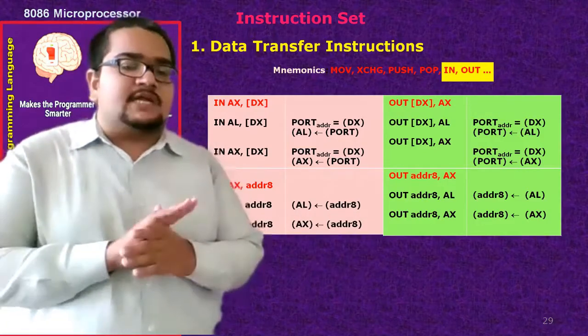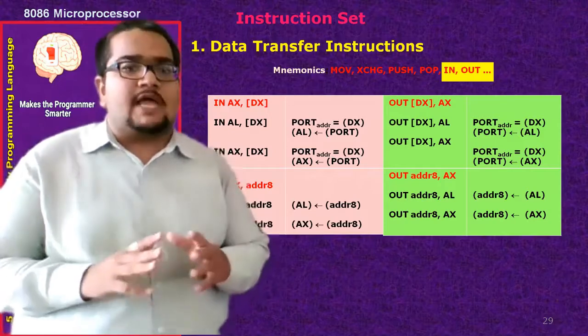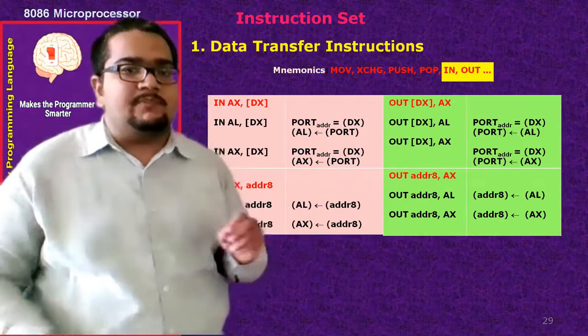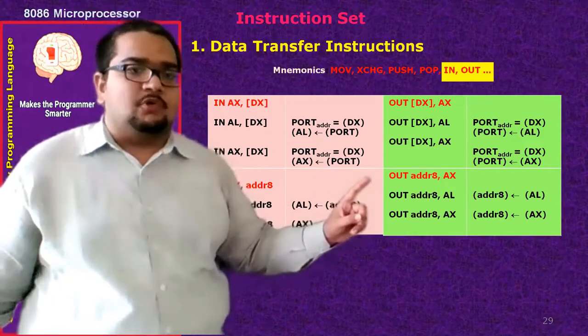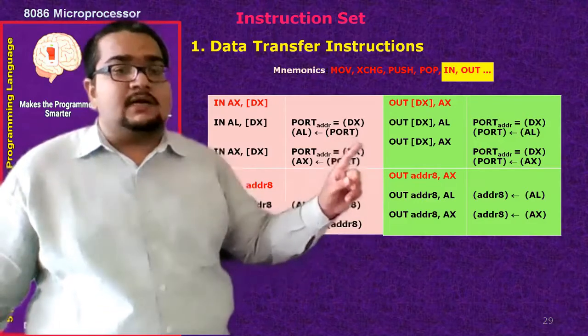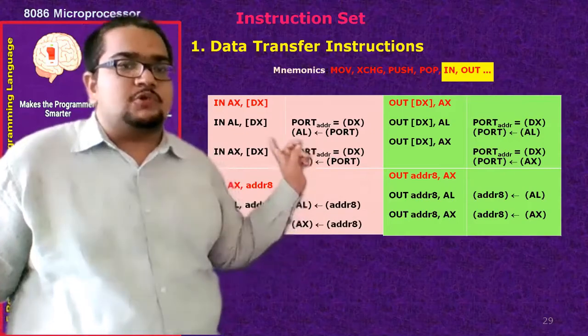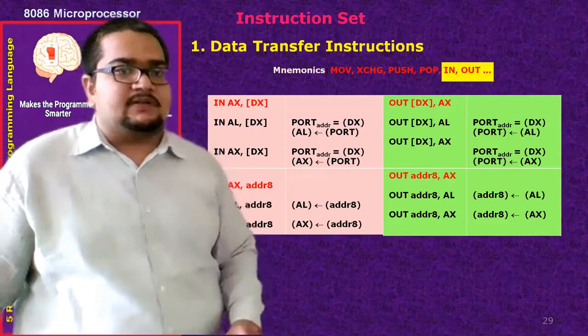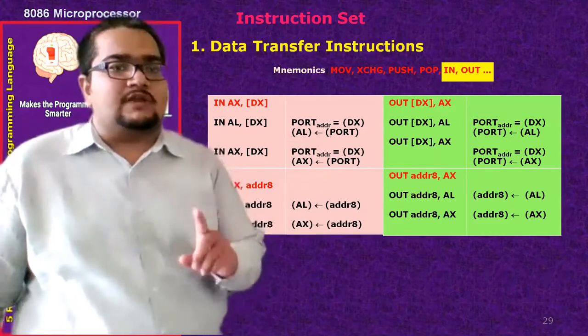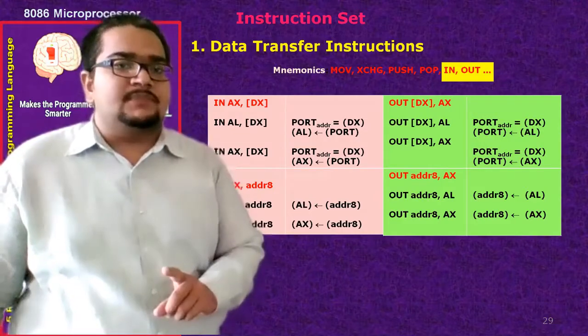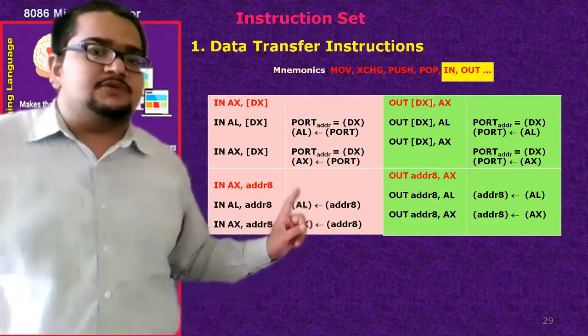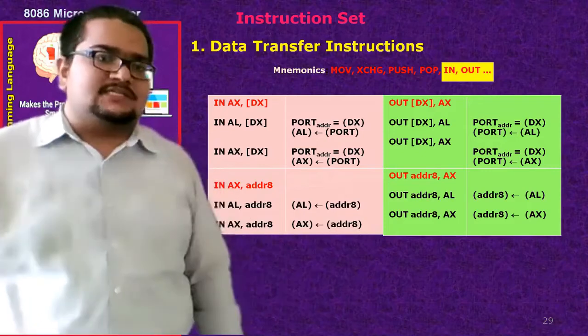Here the MOV instruction cannot be used. You cannot use MOV for moving the data from your register into the output port, or taking the input port into the register. Using MOV you cannot do it. You have to use only IN and OUT instructions respectively. They are dedicatedly meant to work with IO type of data only. Input output data will be accessed using IN and OUT instructions.